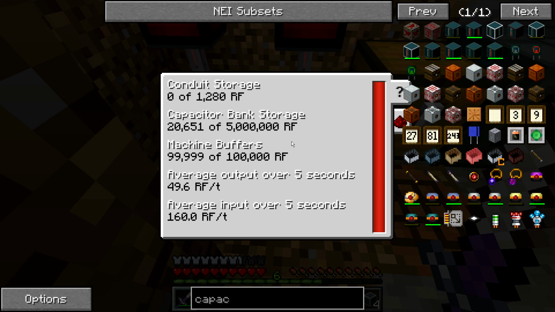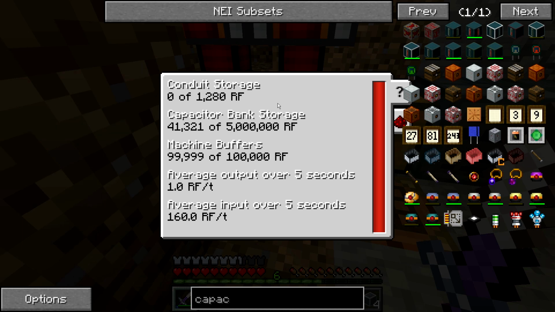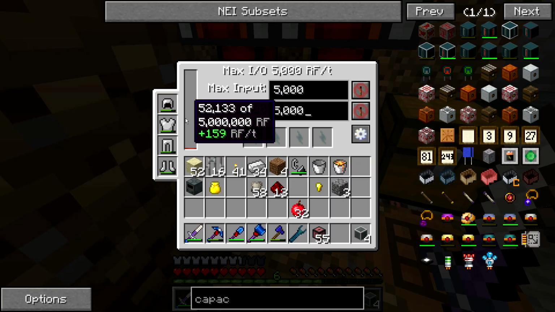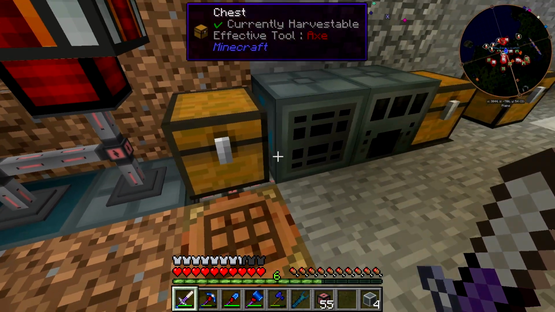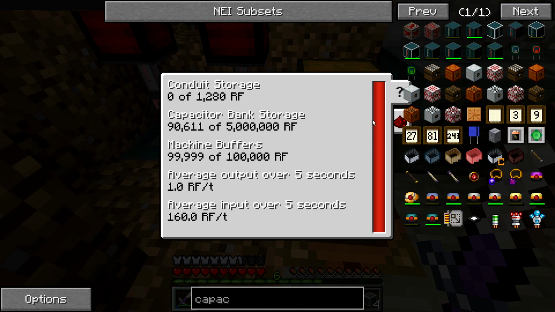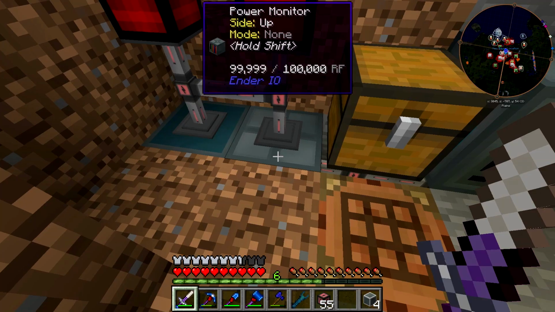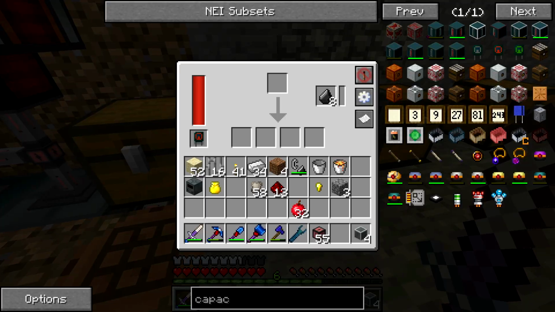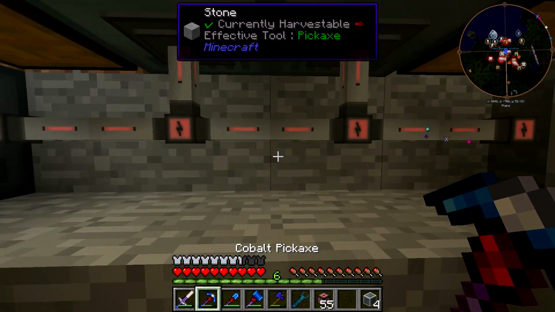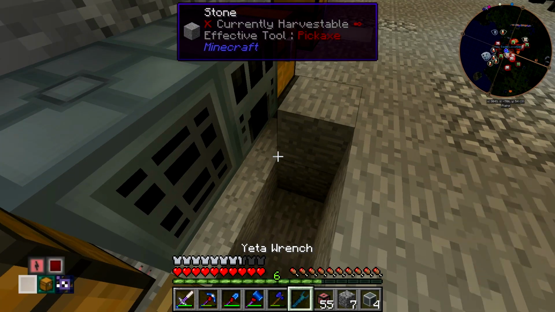So that's completely full. So this tells you a lot of stuff about your power network. So you can see it says here capacitor bank storage. That's this. It's filling up with RF. You can see it's telling us that it has this much RF out of the capacity of it. You can see its machine buffers. It doesn't look like it is. It's only detecting itself for some reason, and I'm not really 100% sure. Like I'm kind of new to Ender.io, playing around with it, but I thought that what that should do is tell us how many are in these, but I guess it's not. I'll have to look at that later, but